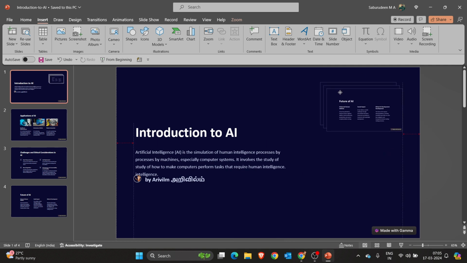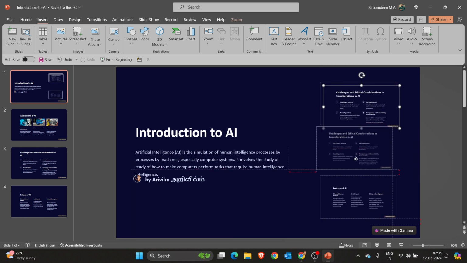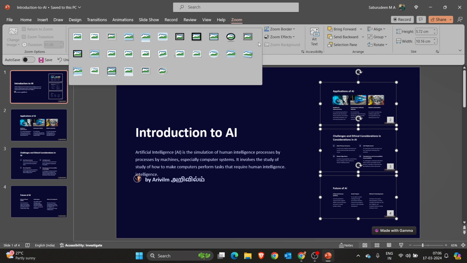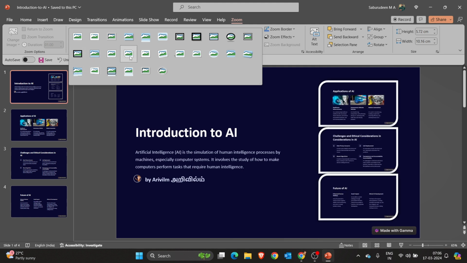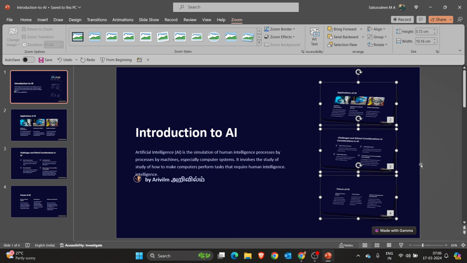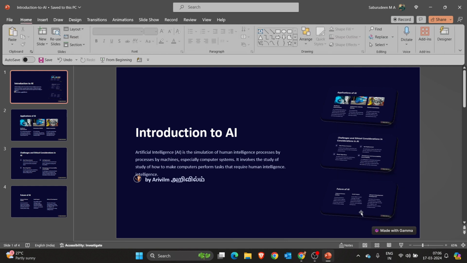So first we will arrange them. I'm going to keep this here, keep this here. Right. So if you want to add any effects, we can add it here. For example, go to zoom, or we can add this effect. This one I always like, so I'm going to select this effect. Now you can see them here,